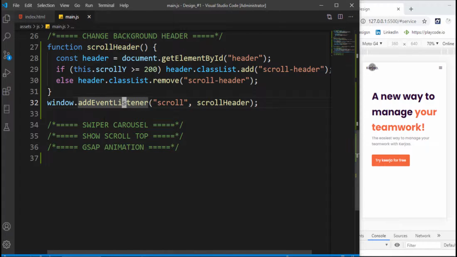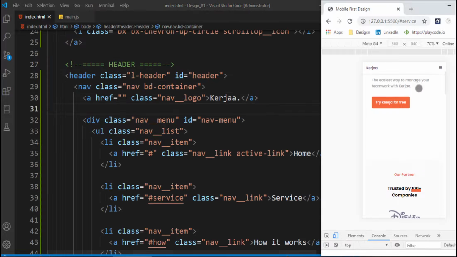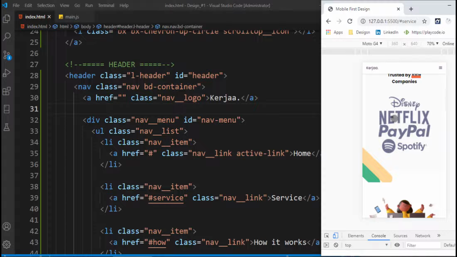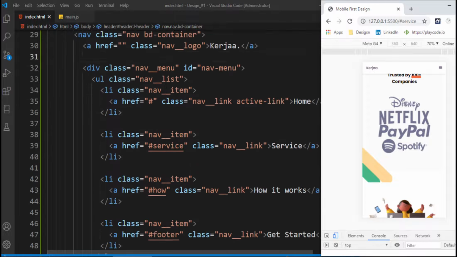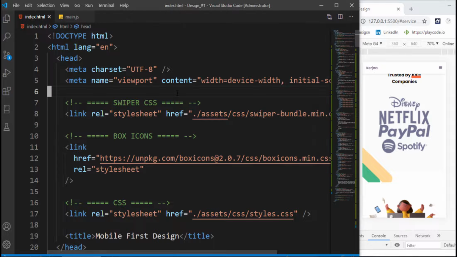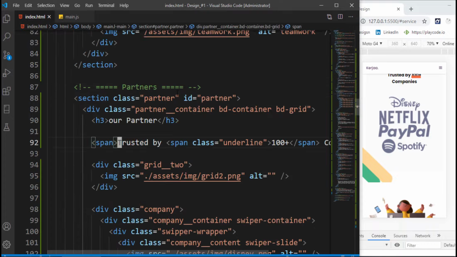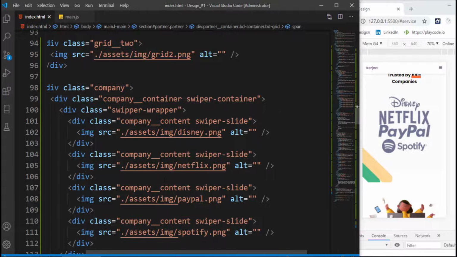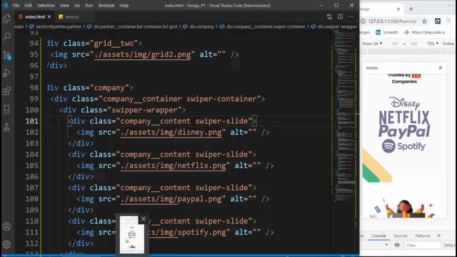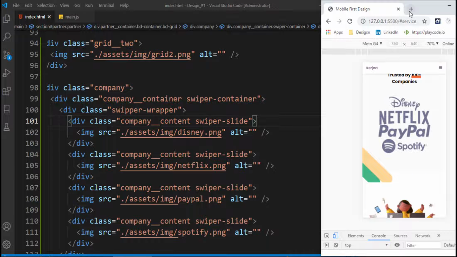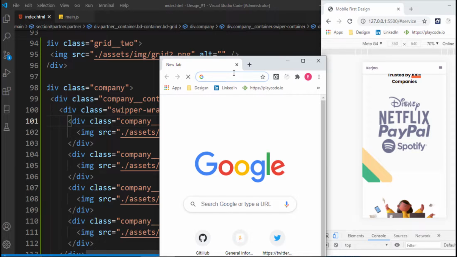Now, in the other part, we added a swiper to this one. The swiper happened to be from trusted, so let's just say trusted companies. Over here, you could see we have the swiper container, swiper wrapper, then each of these has a swiper slide. So the way we can get to know about that is to use